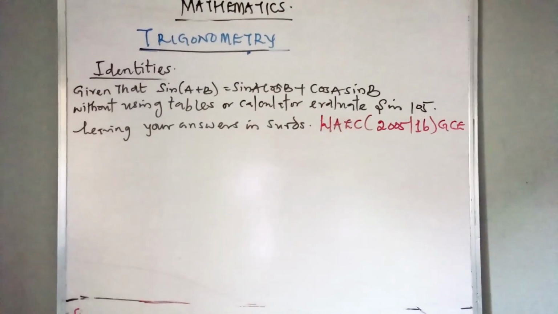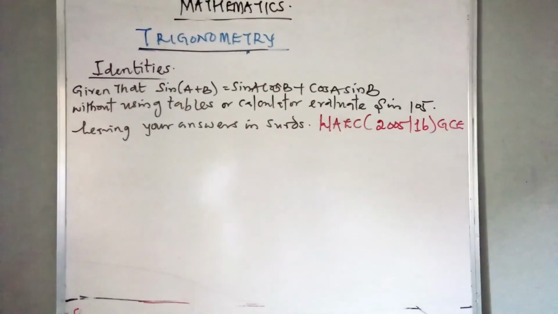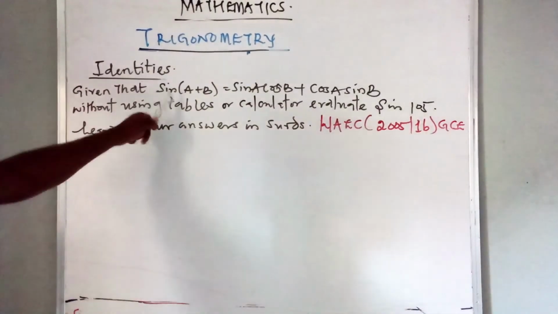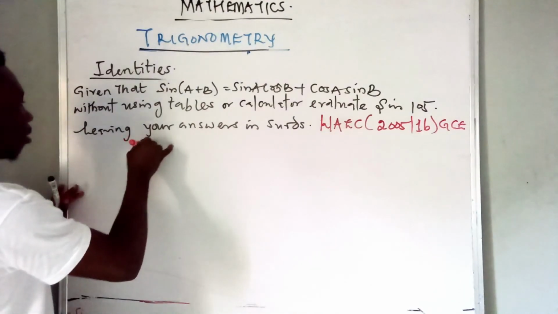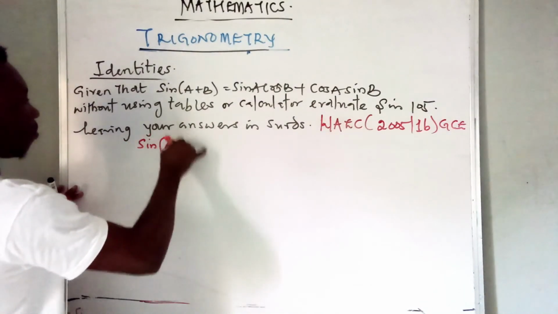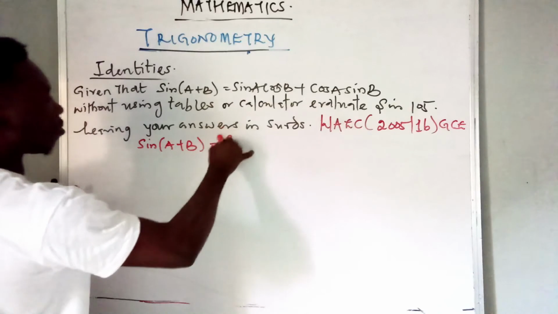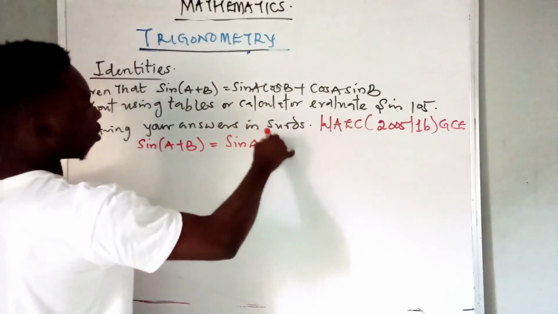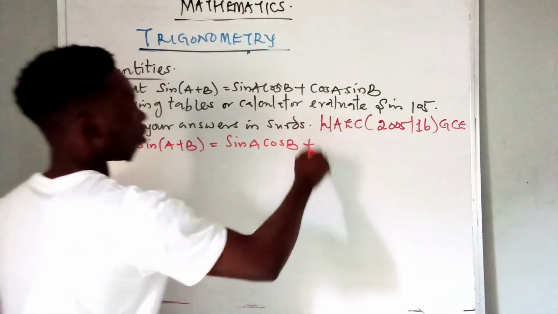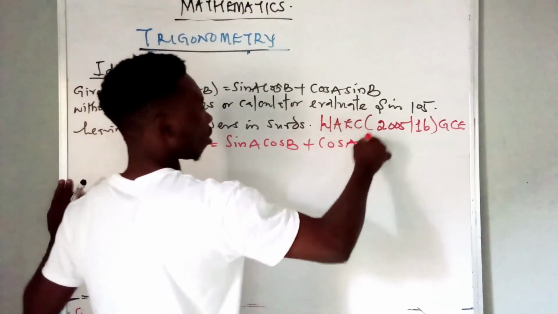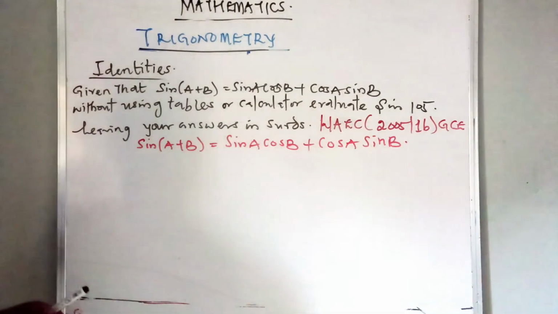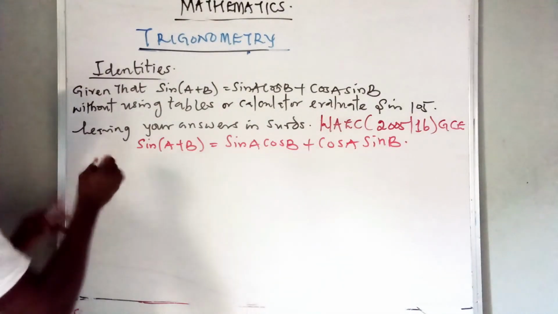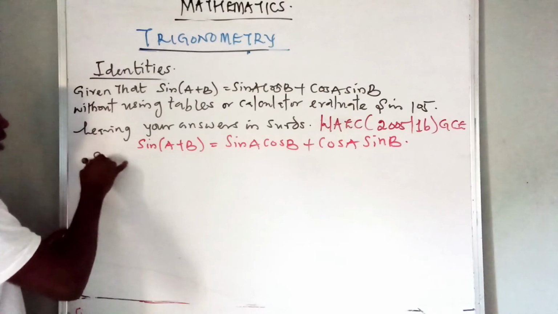Now, pay attention to this question. Given that sine of A plus B is equal to this, let's write that relation. That sine of A plus B is equal to sine A cos B plus cos A sine B. Now, what would I evaluate? What they ask us to evaluate is sine